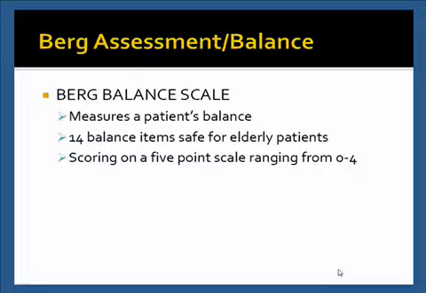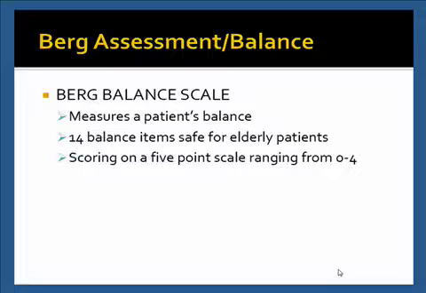how do they go from sit to stand, standing unsupported, sitting unsupported, standing to sitting, how they transfer, how do they stand with their eyes closed, standing with feet together, reaching forward with outstretched arm, retrieving objects from floor, turning to look behind, turning 360 degrees, and so forth. There are 14 items. We assess each one on a scale of 0 to 4